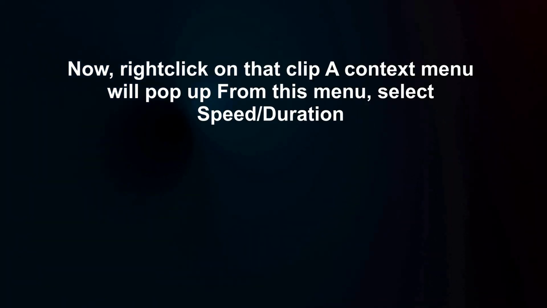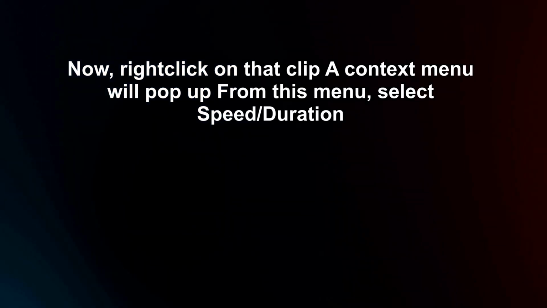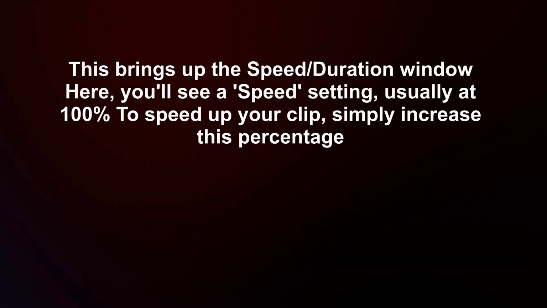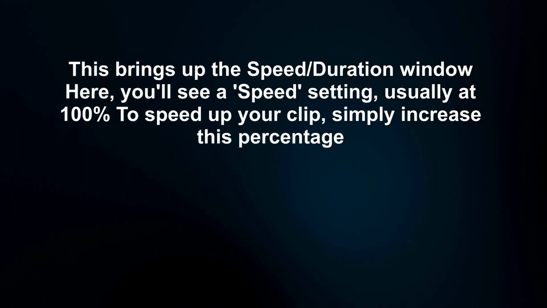timeline. Now, right-click on that clip. A context menu will pop up. From this menu, select Speed/Duration. This brings up the Speed/Duration window here. You'll see a speed setting, usually at 100%. To speed up your clip,